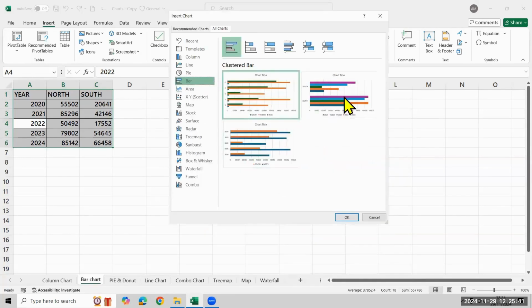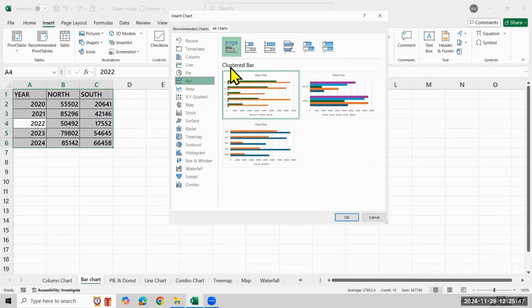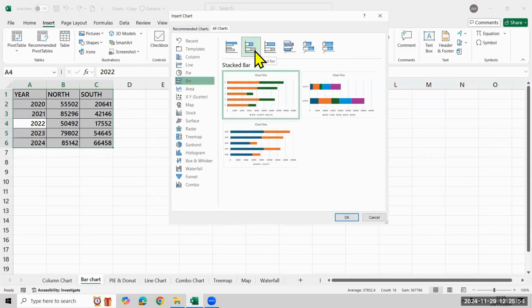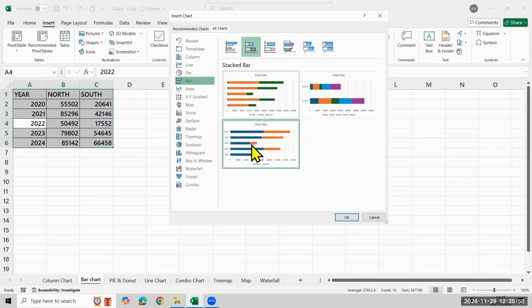So in this bar, you can represent the output same as it is. But here I'm going to introduce the clustered bar. If you select here, there is one more option which is called stacked bar. Now what this stacked bar is going to give you is the distribution of north and south